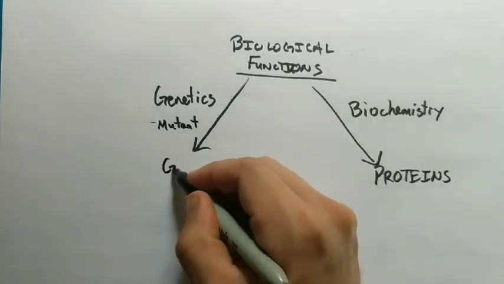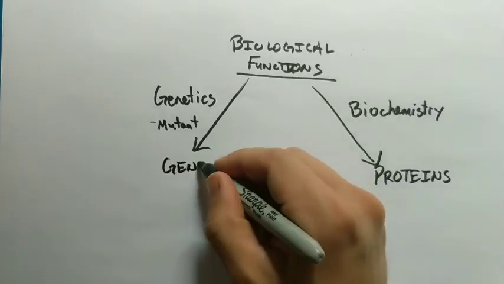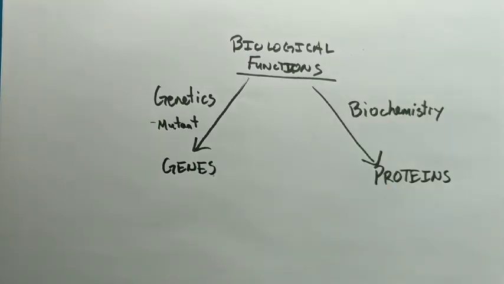And a geneticist will study genes. It took a long time to figure out what genes actually were, but they knew it had something to do with heredity. And when you said, here's a butterfly that can't fly and here's a butterfly that can fly, and I'm going to get them to mate and look at their offspring, and you find out that some of their offspring can fly and some of them can't, or all of them can't, or all of them can,